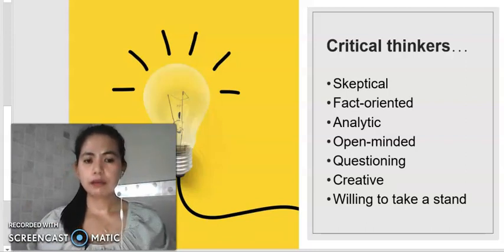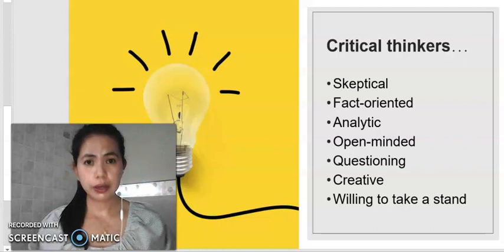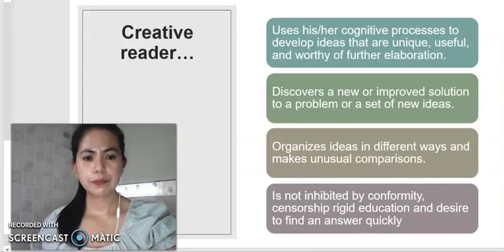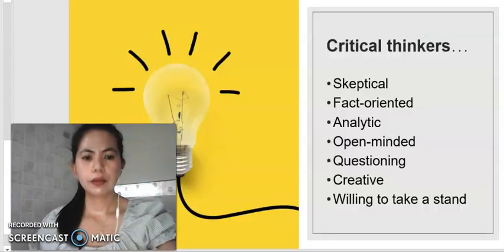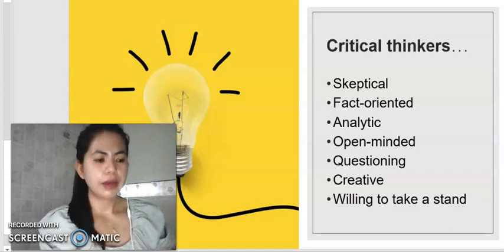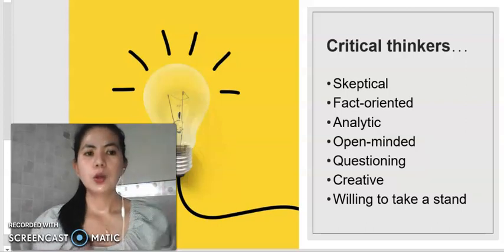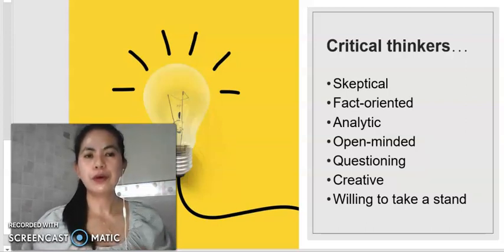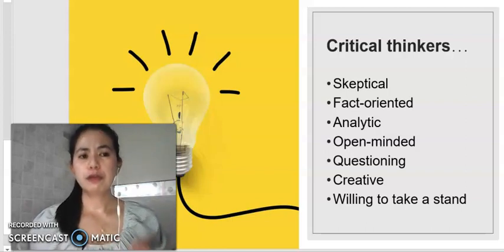Next is questioning. They want to explore and discover new things. That's why they ask questions like what other conclusions could be supported by the evidence. Next is creative. They want to produce fresh or original ideas not explicitly stated in the reading materials, like what other conclusions could be supported by